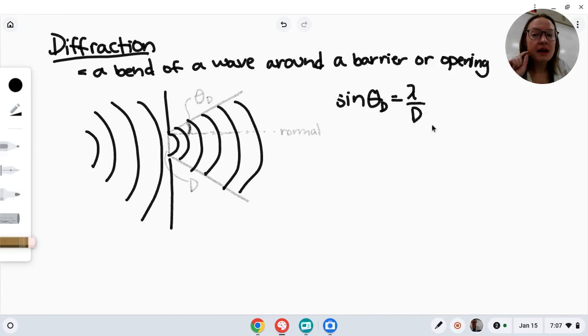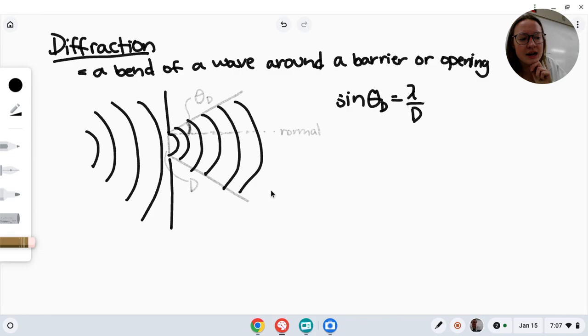Specifically with speakers. You wonder why speakers have those two-speaker setups? You've got the big speaker on the bottom for the low pitch sounds, then you've got the small speaker on the top for the high pitch sounds. We'll see if this makes sense to you. Let's talk about sound waves.